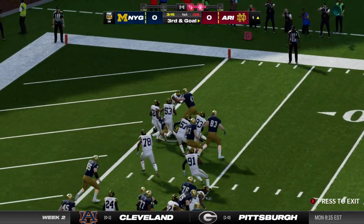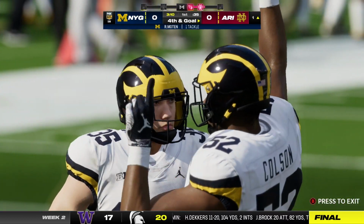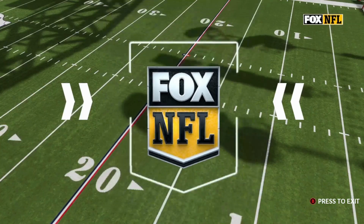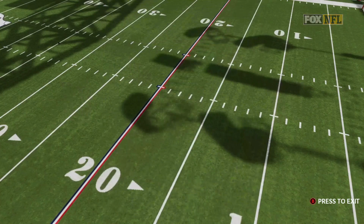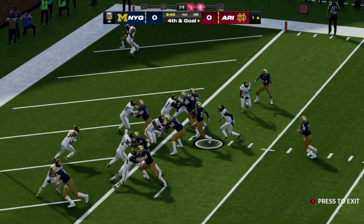They'll run here on 3rd and goal. Trying to barrel up in there, but I don't think he got it. No gain on the play, and what to do now on 4th and goal. Defense didn't budge on 3rd down. Now what are we going to see on 4th? We are soon to find out, but does this feel like...